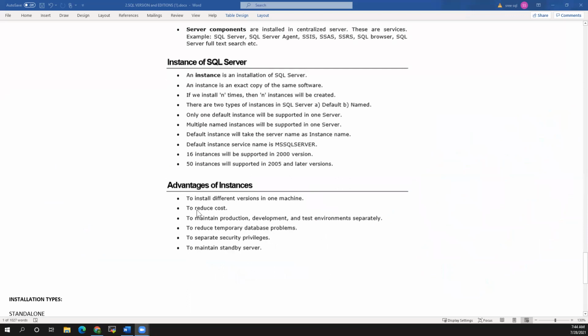So these are the advantages. To install different versions on one machine: in one box only, if you want to install 2012, SQL Server 2014, or SQL Server 2016, you can install them.